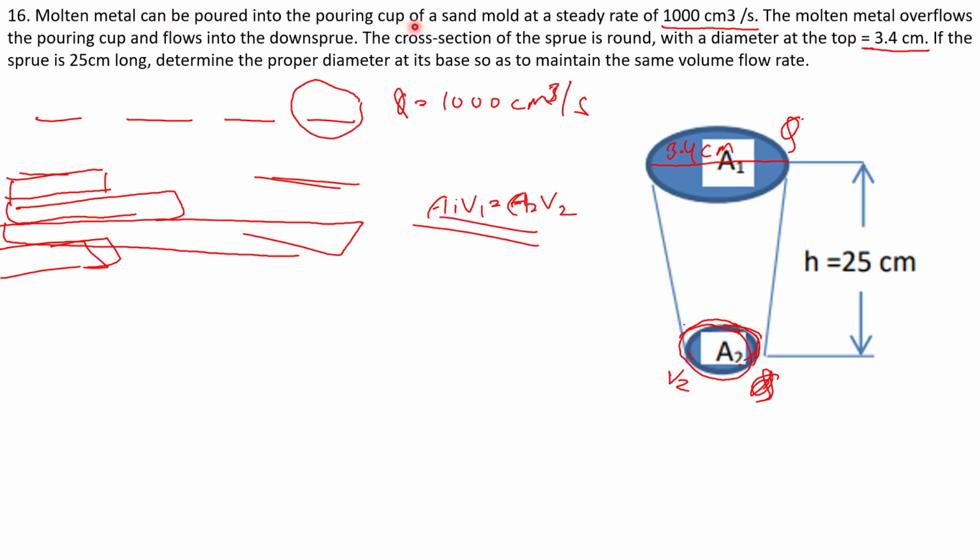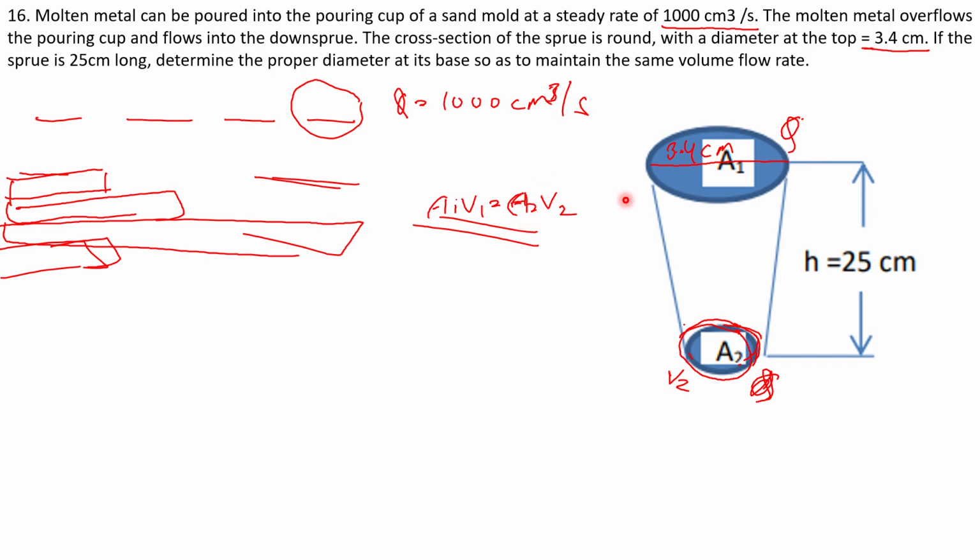A molten metal can be poured into the pouring cup of a sand mold at a steady rate of 1000 centimeter cube per second. So Q is given. The molten metal overflows the pouring cup and flows into the down sprue. The cross section of the sprue is round, with a diameter at the top of 3.4 centimeter. If the sprue is 25 centimeter long, determine the proper diameter at its base so as to maintain the same